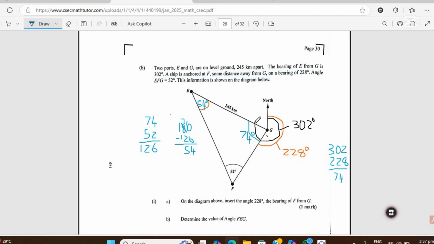The angles around a point should be 360 degrees. So I'm leaving you with another piece of information that I want you to post in the comments